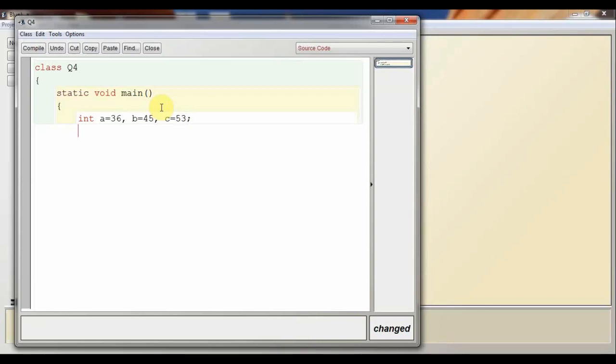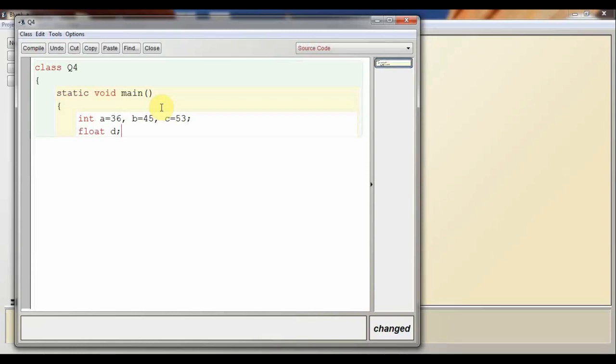Now we will find the average of all the three numbers, and we are defining all the values a, b, c as int data type, and we know that the average of any number may be in integer type or decimal type. So here we will define float data type for finding the average. Here I am writing float d.